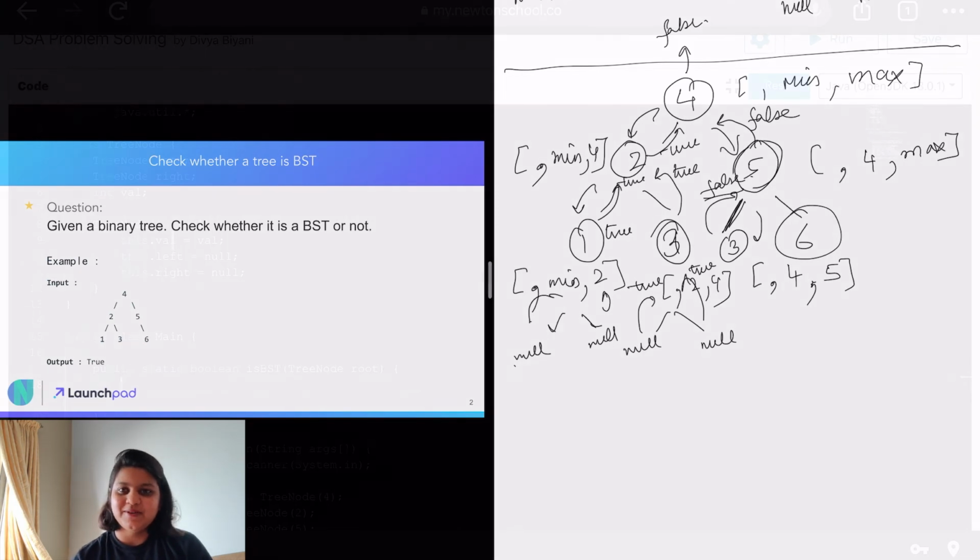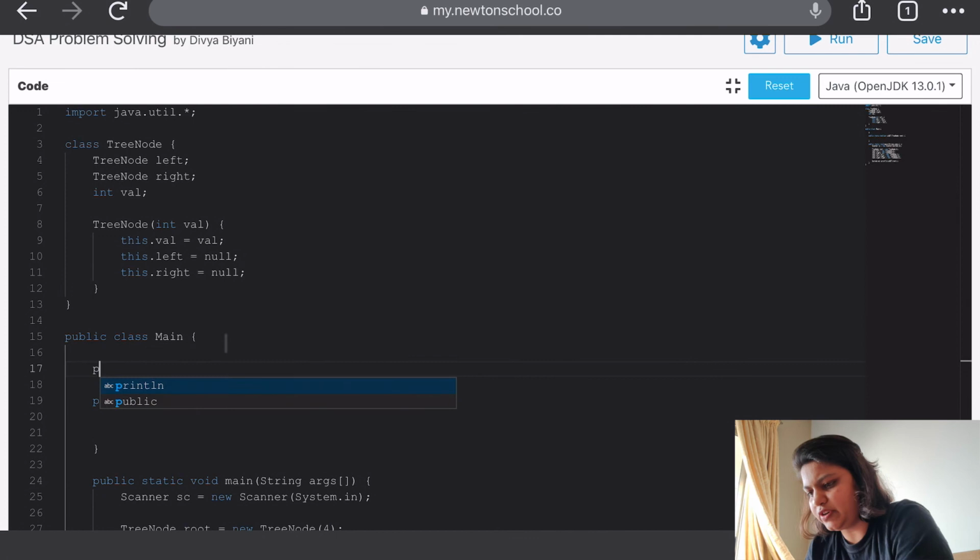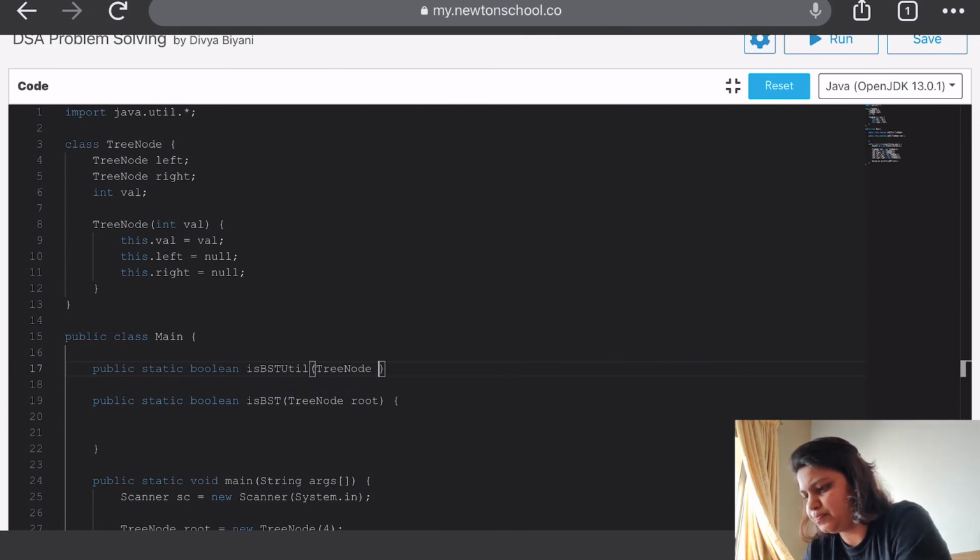Now let's start coding. So first we'll start with creating a new function which will basically have a node and the min and max value that it can hold.